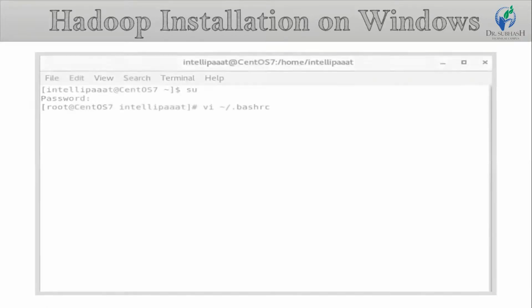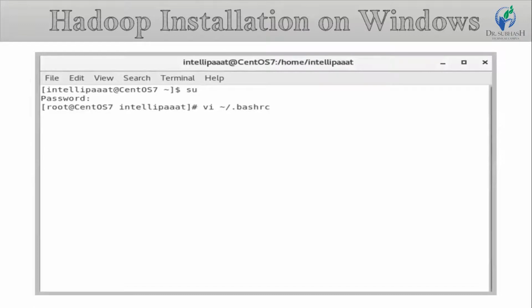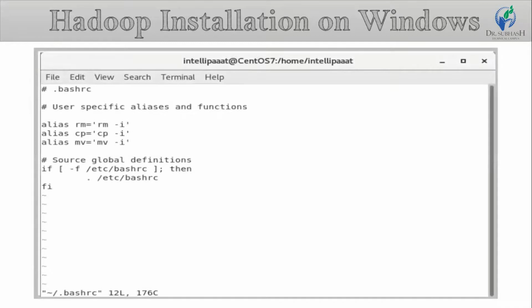When you get logged into your root user, enter the command for .bashrc. The above command takes you to the VI editor and you should be able to see the following screen, which you have seen here.